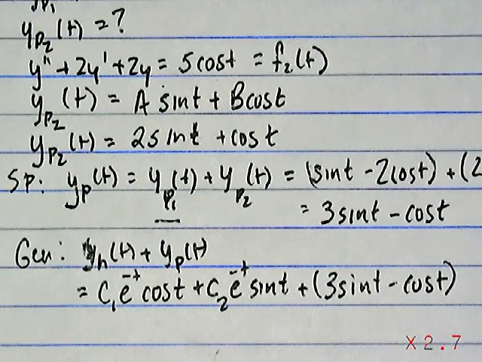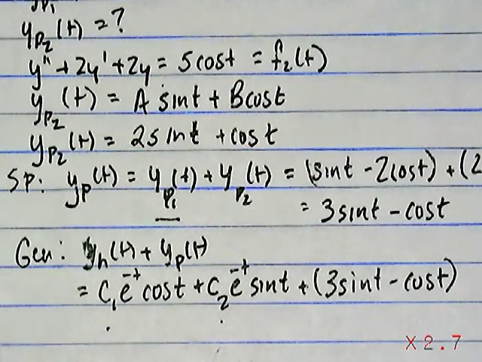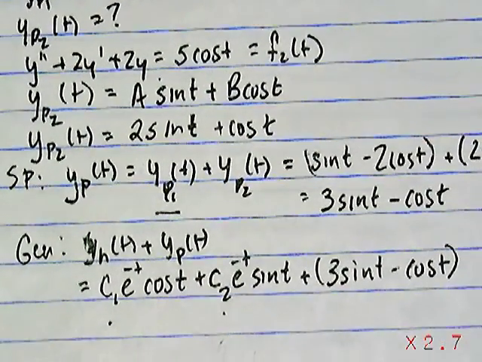And we would be done, except for the fact that for this particular mass spring oscillator, we know what the initial velocity and the initial position are, and we should use that information to determine C1 and C2. So let's do that in our next